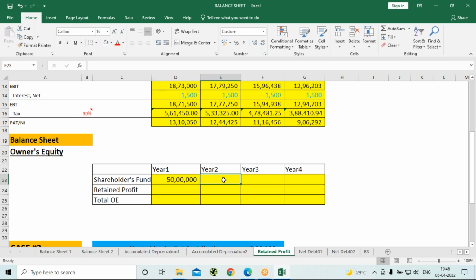So what could be the shareholders fund for the year 2? So it is going to be the same value for all the years